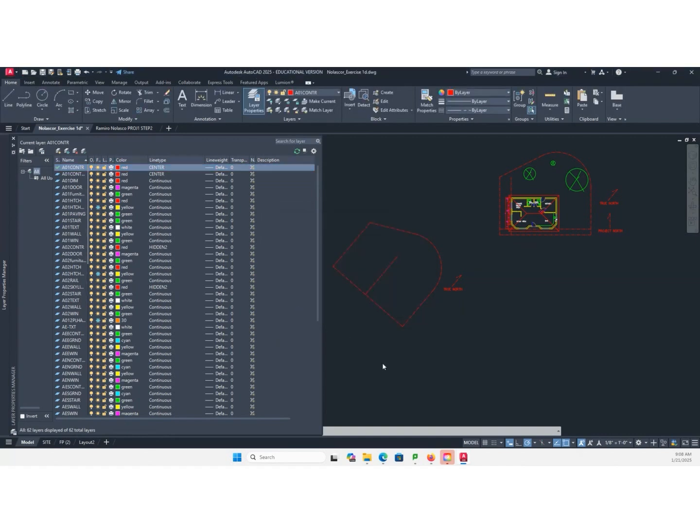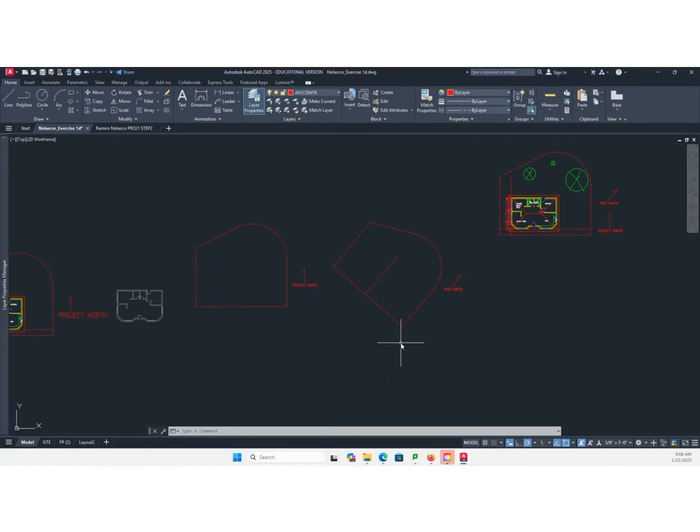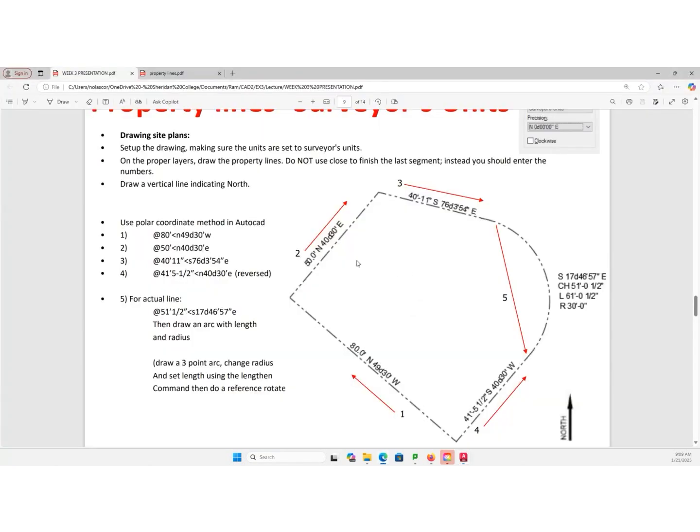Okay, so units set, layers set, line type set, color set. We're ready to make our property line. And if you go download week 3 presentation, you'll actually see there the values, the coordinates.